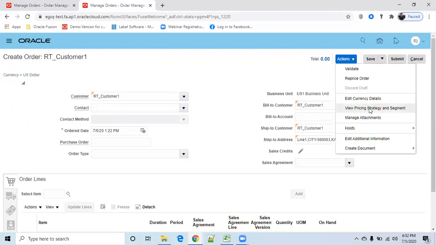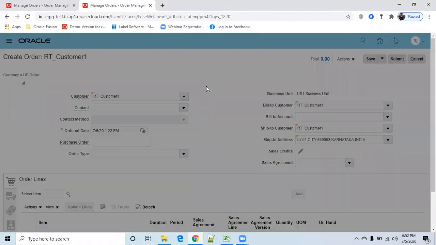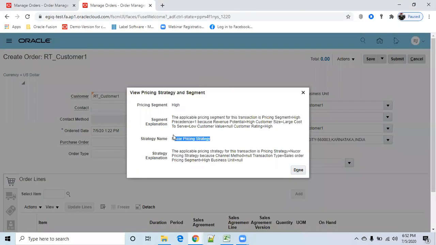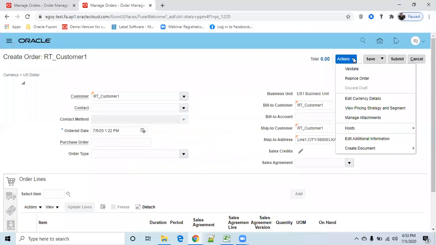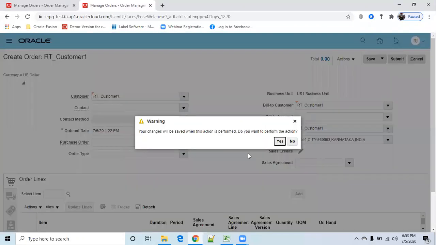Now go and view strategy. This is coming why? The applicable pricing strategy for this transaction is Nokia pricing strategy. No, I don't know. Validate and then come.